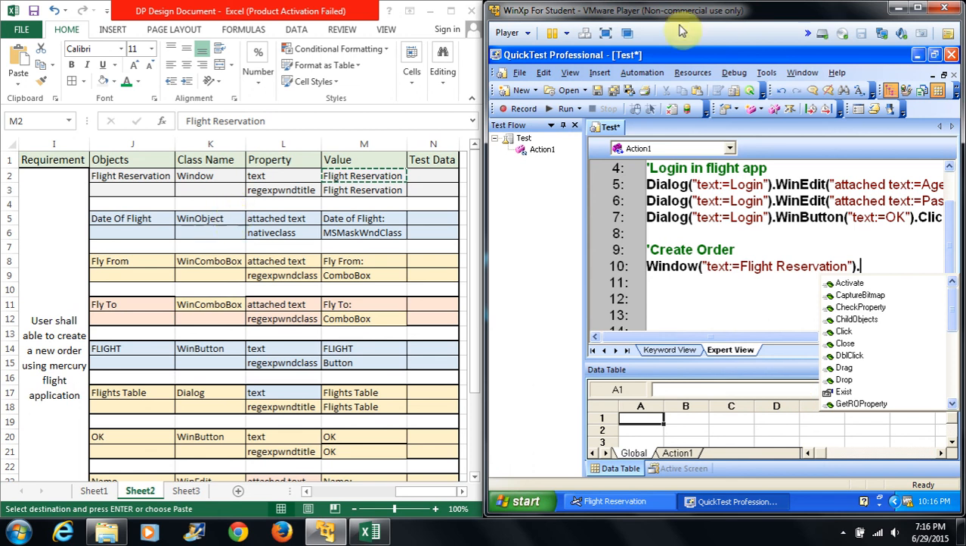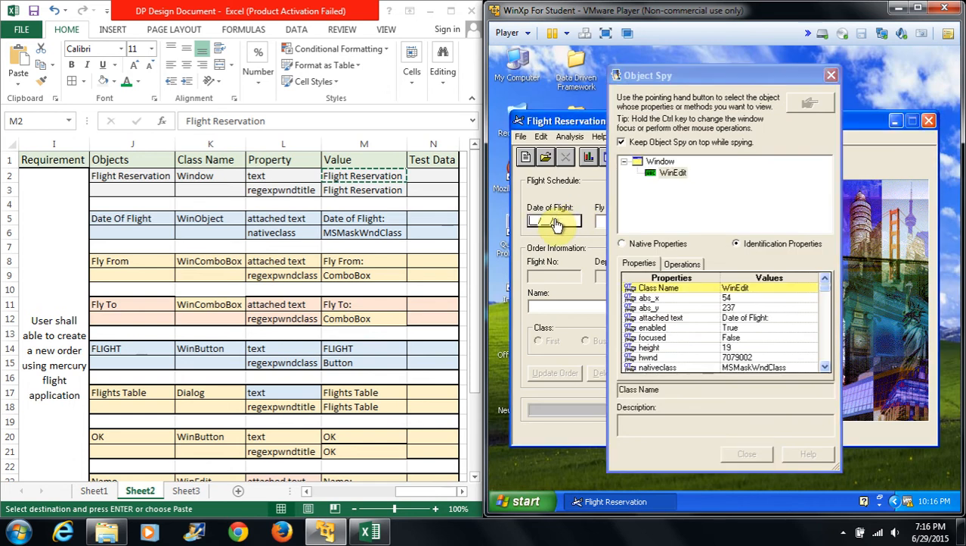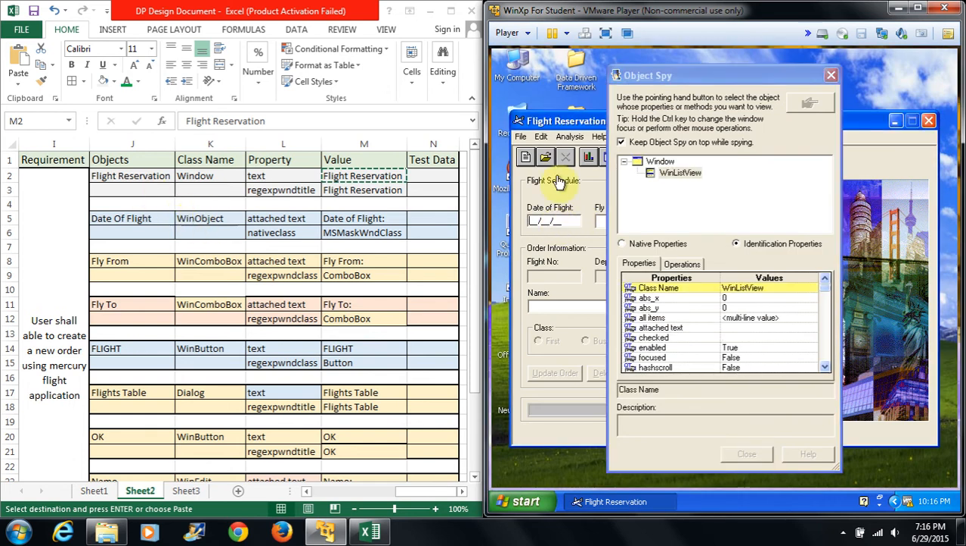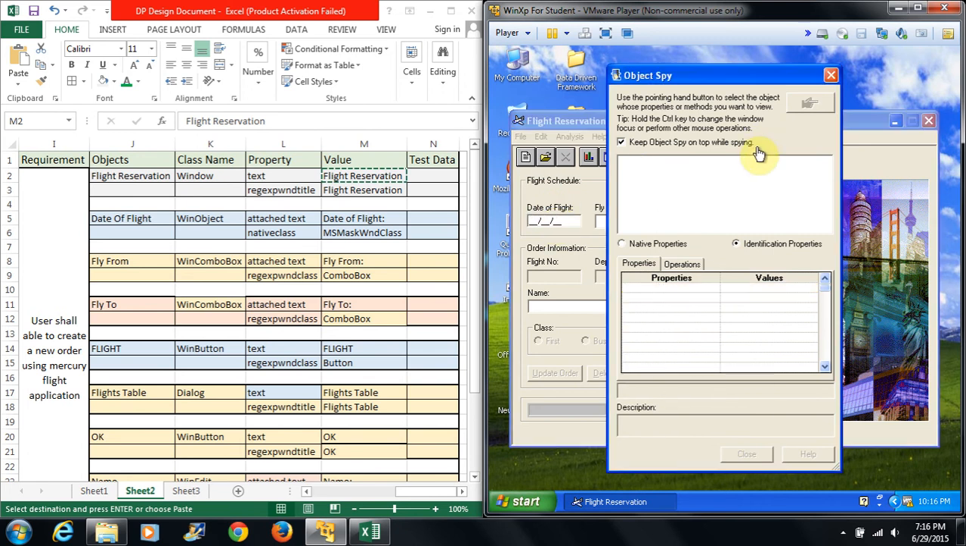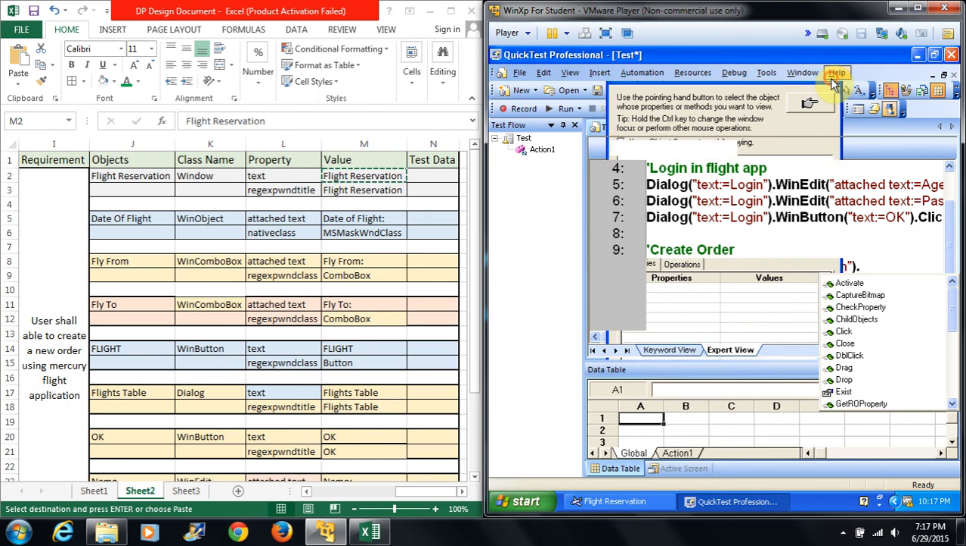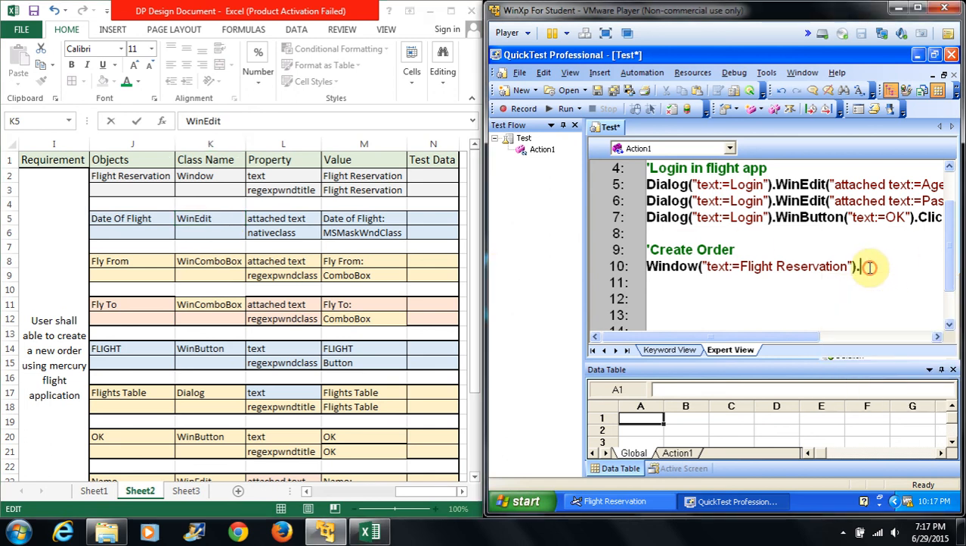So if you spy right now, if you spy the object, date of flight, this is a Win edit. Before it was Win object, now it is Win edit. Properties and values are all the same. It did not change, it just changed the class name. I changed the class name, so I modified it to Win edit, right? Win edit. So I'm going to write here Win edit,